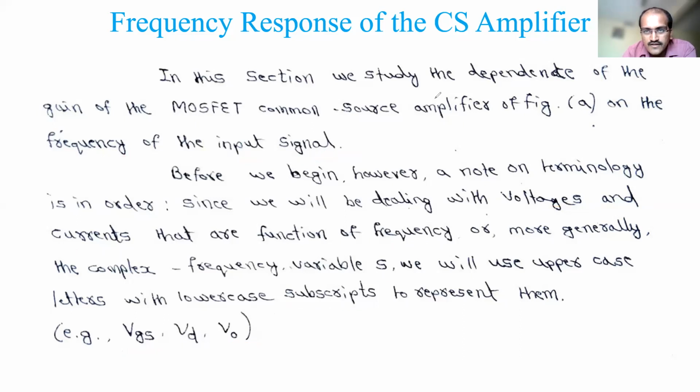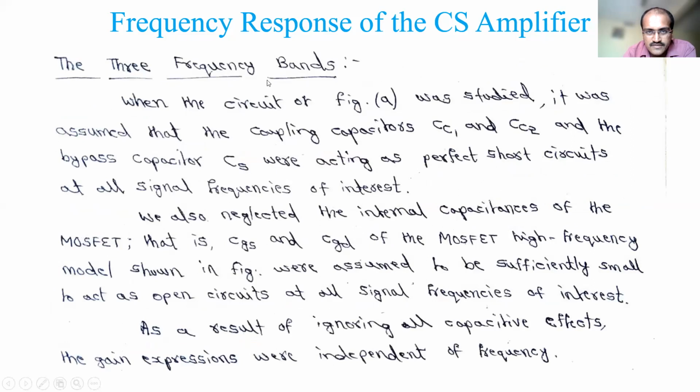Now we'll consider the frequency bands first, the three frequency bands in which the MOSFET is operating. One is constant, which we normally call midband. One is at the lower side, which we call the lower frequency band or the lower 3 dB frequency, and the upper side is the upper band, or higher band. That is the three frequency bands that we'll try to explain first.